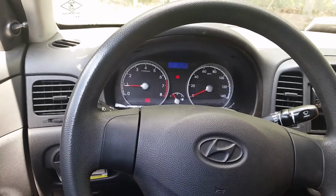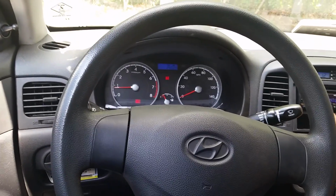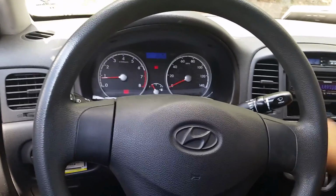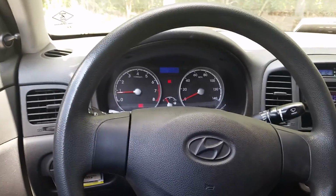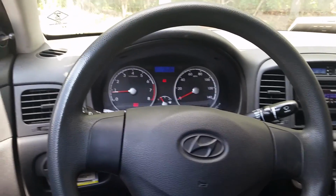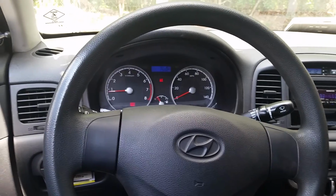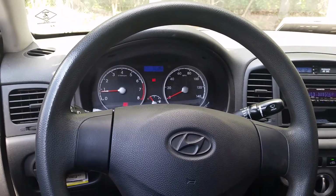Got one gutted cat in the center without any O2 sensors, and then I got a muffler delete as well. A little bit louder than I wanted it to be, but it's fun to mess around with in town. I got another one of these cars down south, so I'm probably going to end up switching the cats out. So I'm going to have the gutted cat on the other one with the muffler, and I'm going to have